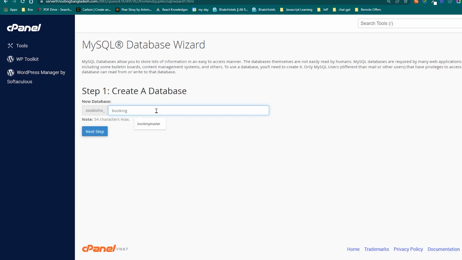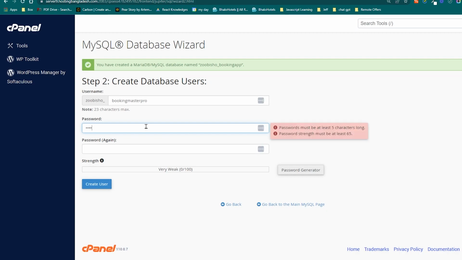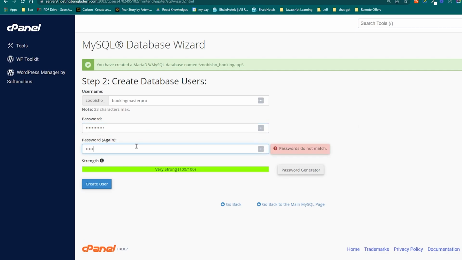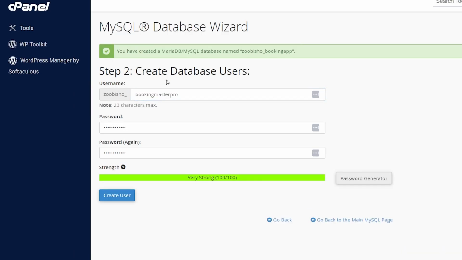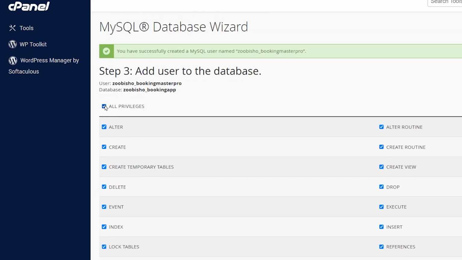Now I want to make users, so I will give the right credentials for the user, and that user will automatically be connected with the database that you created on the previous screen, the Booking Master app. So you'll have to remember the database name and also the username and the password. Whatever you get on steps 1 and 2, you'll have to remember it. If you click to the next step, then it is done already. Now you can go back to the home,